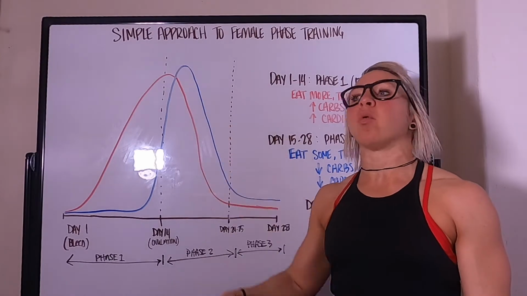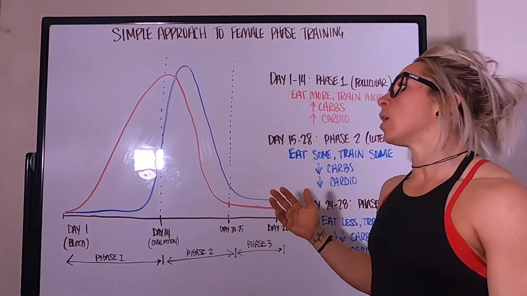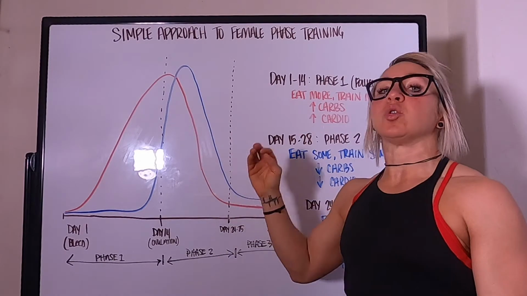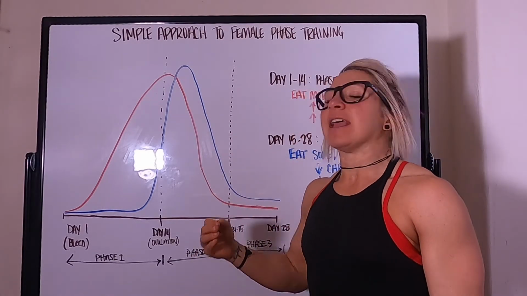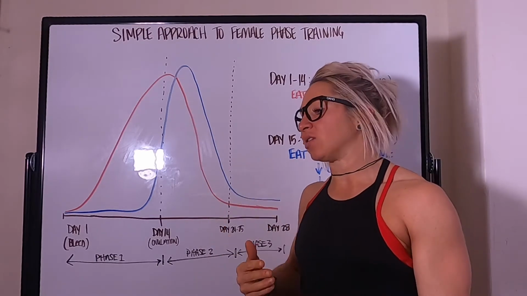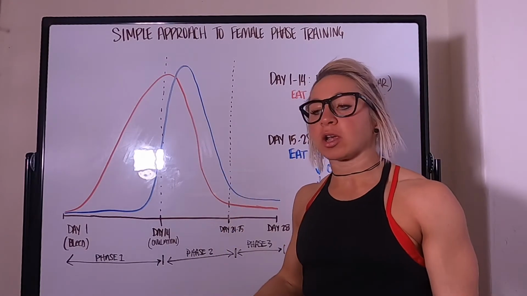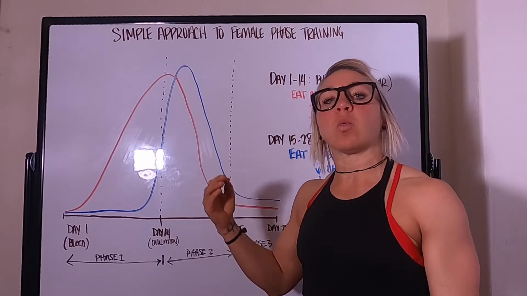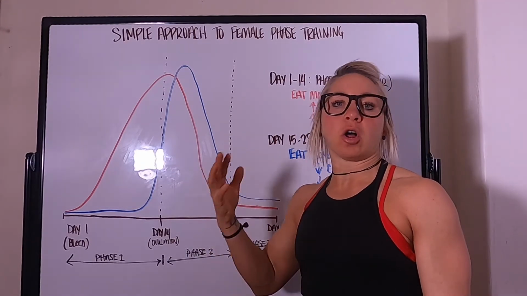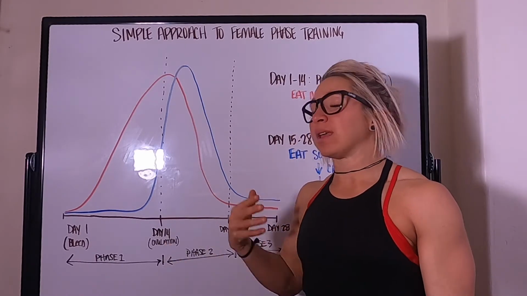The older that we get, the more sensitive we get to stress, whether that be emotional stress or physical stress. So, all throughout this time, whether you're in the first week or the second week, you will be in a better fat burning state if you are really good at managing your emotions. So if you are somebody who tends to easily react out of anxiety, overwhelm, frustration, you're easily triggered, then you're going to want to really train your emotions in a particular way so that you embody more of a calm, peaceful, relaxed state instead of always being in this go, go, go mode, always being in a hurry,